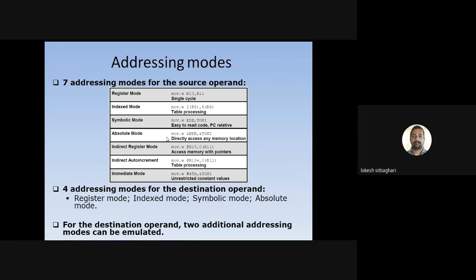I have given some examples here. If we have register to register, then it is called register mode. For index mode, the index is like 2(R5) and 6(R6). So we have 7 different addressing modes.